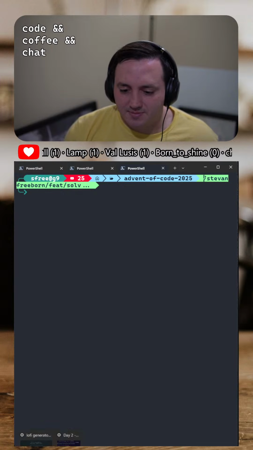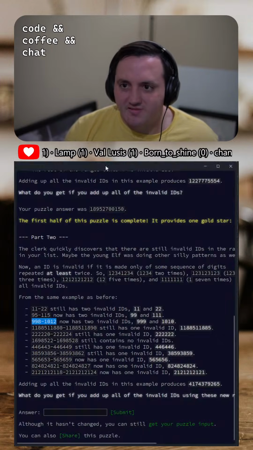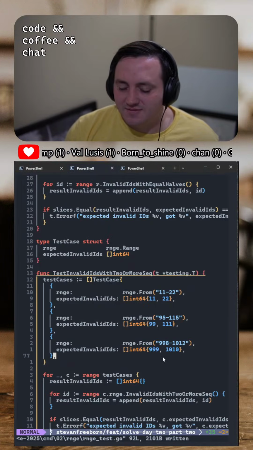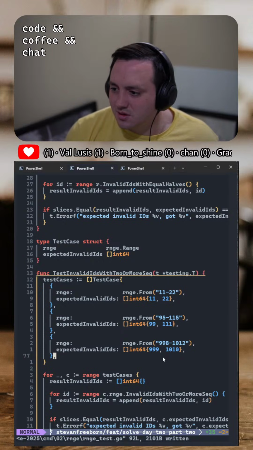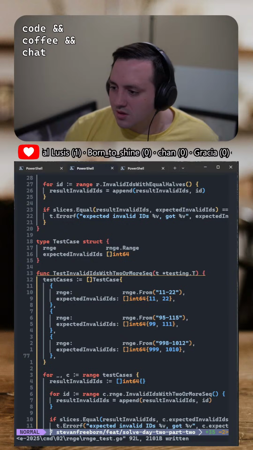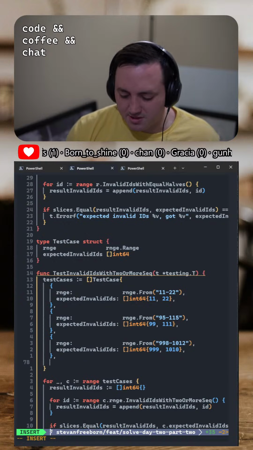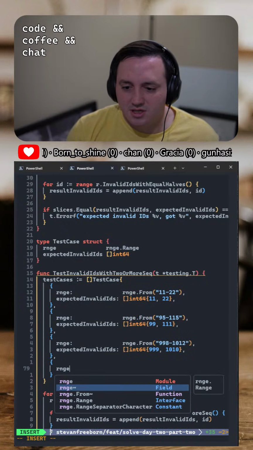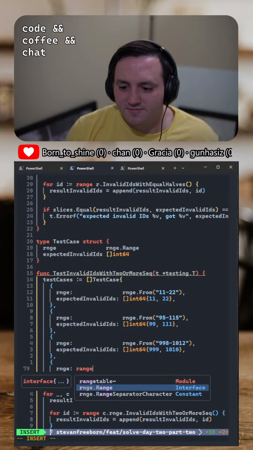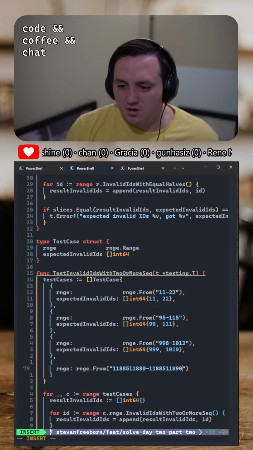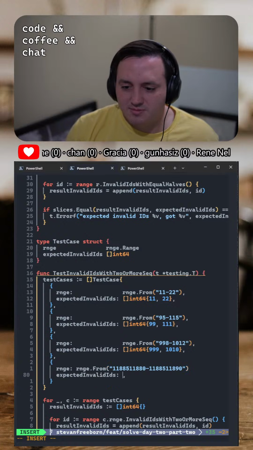I'm gonna stick this to my other half of my monitor just so I can see the problem set without having to switch tabs. This is a big range. Let's see, RNG from... giant range, but it expects no